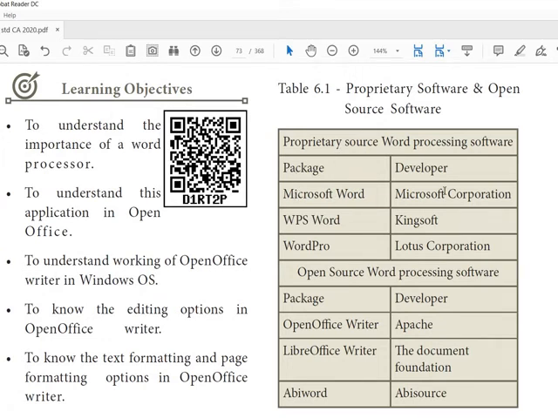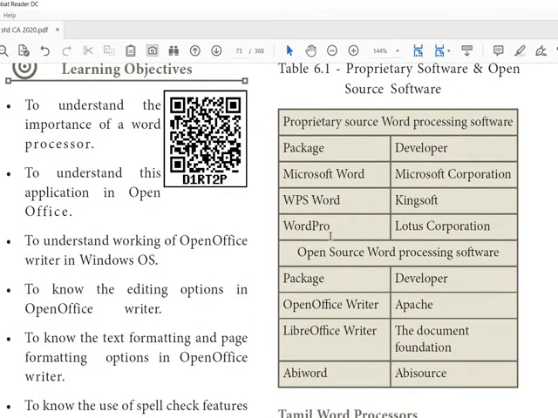Microsoft Word is from Microsoft Corporation, and WPS Word is from Kingsoft. These are all proprietary, which means we have to pay and purchase them. OpenOffice Writer, LibreOffice Writer, which comes with Ubuntu, and AbiWord are all open source.